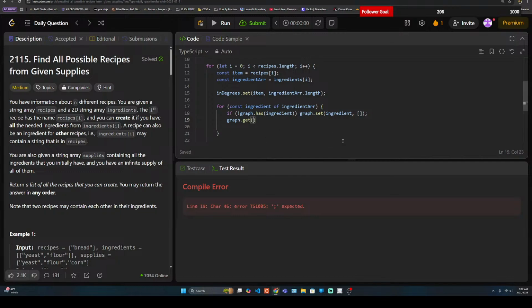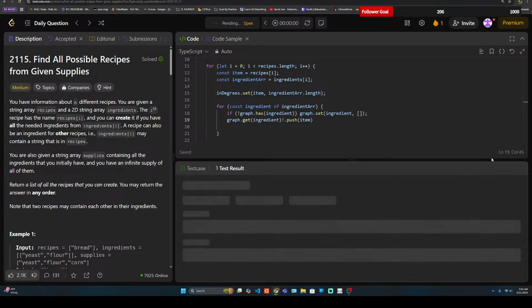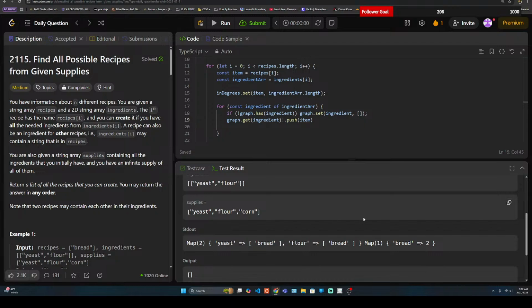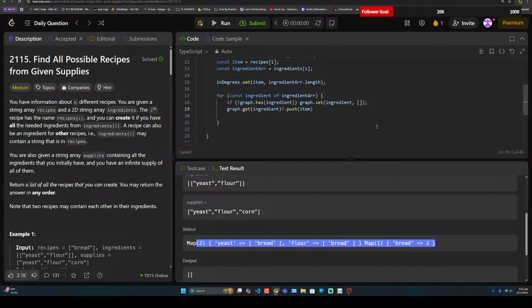Graph.get, alright? And we'll get the ingredient. Once we get the ingredient, we're gonna coerce the null. Bam. And then we're gonna push the item, aka dish. Swear to God, if it doesn't run this time, I'm gonna punch the monitor. Alright, thank you. So now we know bread needs 2 ingredients, yeast and flour. Boom, boom, boom. Now we just gotta process this using